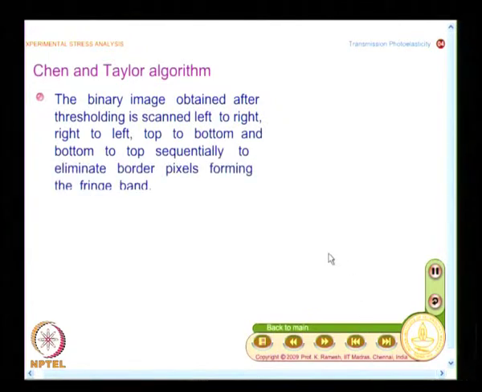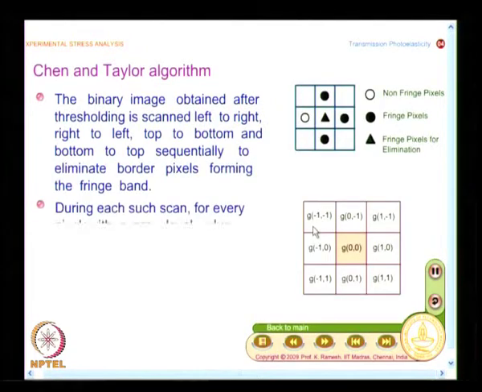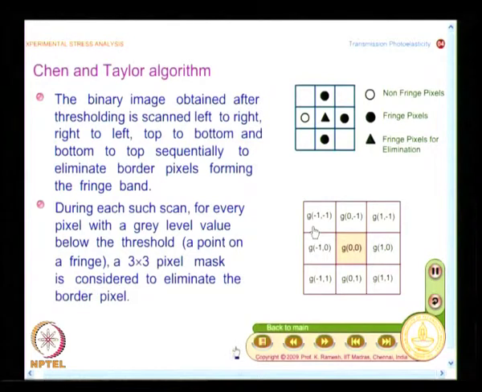I am going to give you only a gist of this algorithm, and also some introduction to how people process images. Essentially you will have a mask, and the center pixel is identified as G 0, 0, because its gray level value is labeled G. Then I have G 1, 0, where x is increasing this way and y is increasing downwards, and G minus 1, 0. So I have a 3 by 3 matrix where I want to take a decision on the center pixel.